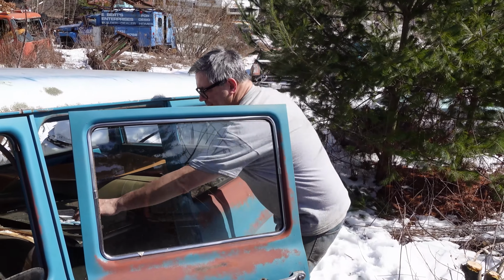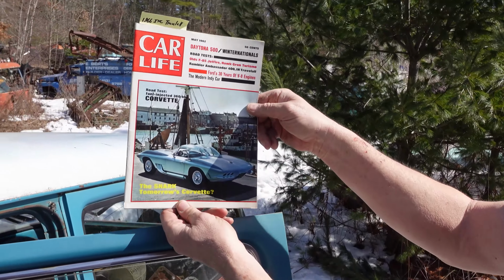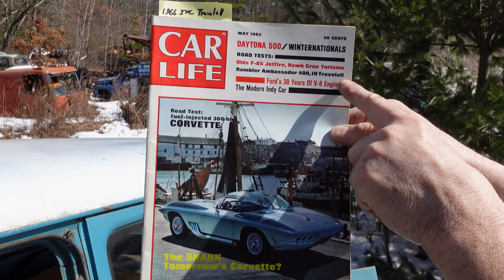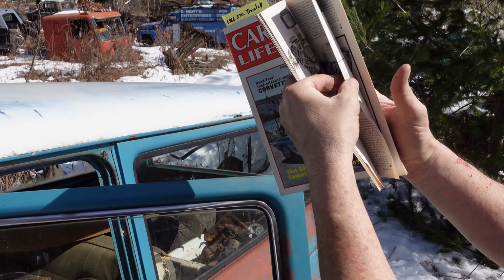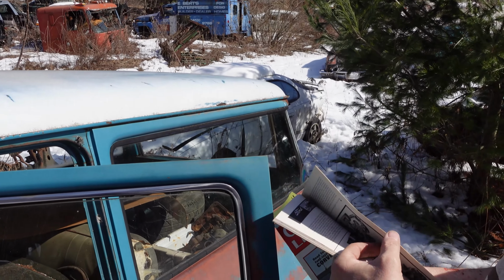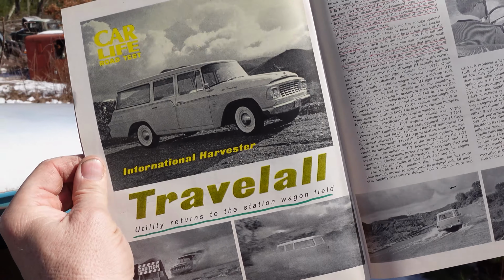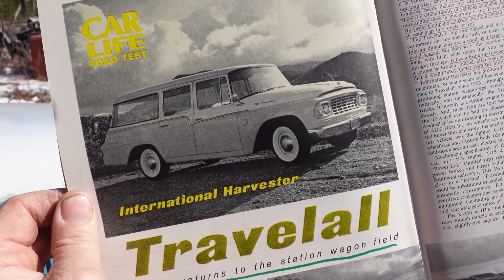And here's something cool here. Car Life magazine right here, May of '62, with an International Travelall road test inside. Let's have a peek and see what they had to say about Travelall. And here is, oh, where's the rundown on this thing? Here we go. Yeah, right here. Now this is the '62, so this is again the third generation right here, and we